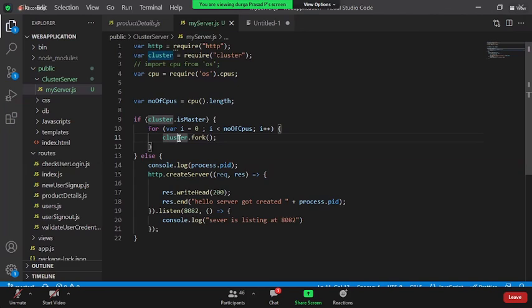Can we add multiple clusters? That is what we are doing, right? Right now we are creating 4 clusters. Multiple clusters for a single server we can do. Like Google has its own number of clusters. In the same way, right now I have created a single node server, and on this I can create 4 clusters. So a single server can have a number of clusters. Yes, got it. Next.